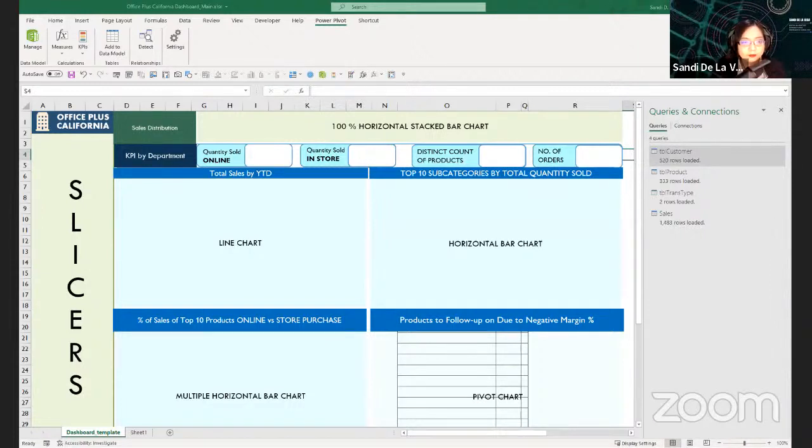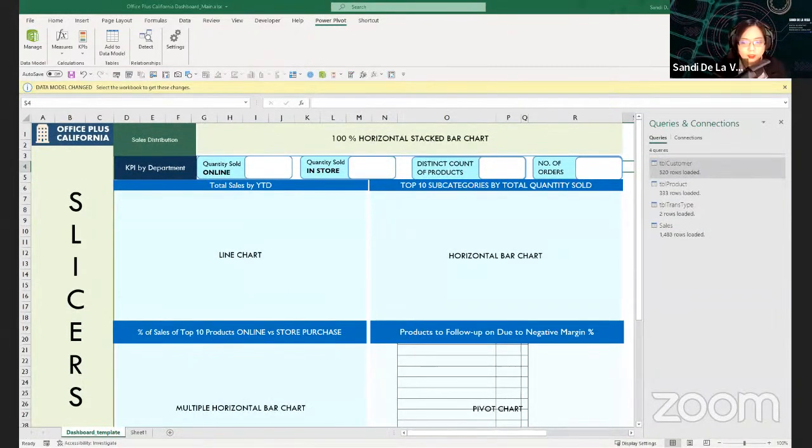and Trans Type. So now we will create relationships between each table so that it will create a VLOOKUP-like function by, for example, customer number. Can you see it here? And the customer number in Sales. So just by clicking customer number, drag it until customer number here in the Sales table. It will automatically create the relationship, the one-to-many relationship, and that is the basic relationship from a relational database.